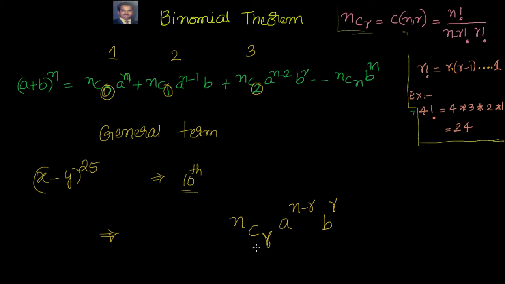So simple, nothing else. Now the only catch here is which term this one is. If you remember, the third term is having 2. That means the term which is having r is nothing but the (r plus 1)th term. This is what you have to be very clear about. So this is how the generic term is given: T of r plus 1, that is, the (r plus 1)th term, will have nCr a to the power of n minus r and b to the power of r.